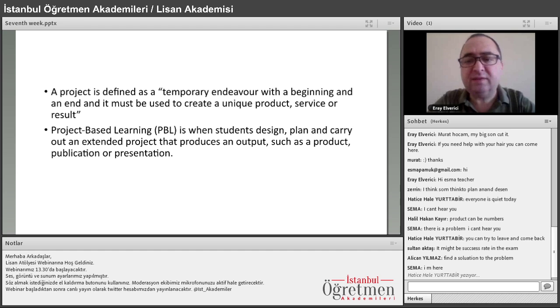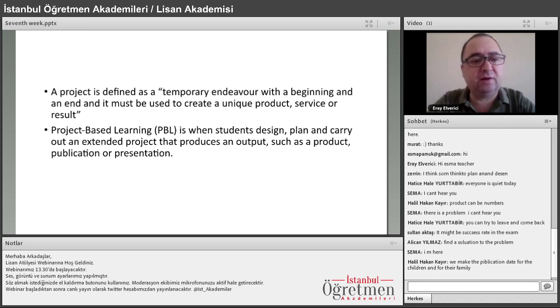Very good, Emel teacher, I think that is the key point. They want to see that their products, or let's say their projects, are seen by other people. That helps to motivate them for the next project. That's a good way. Okay, very good. Okay, Halil teacher, you said we make the publication date for the children and for the